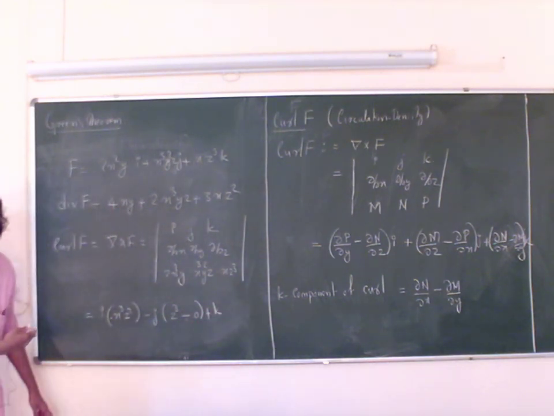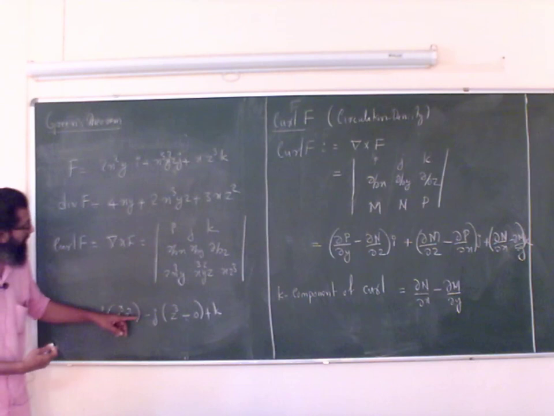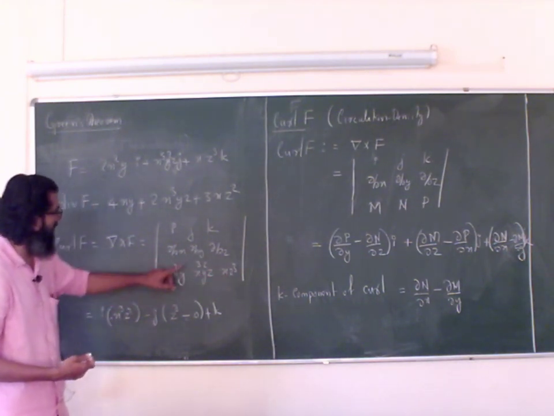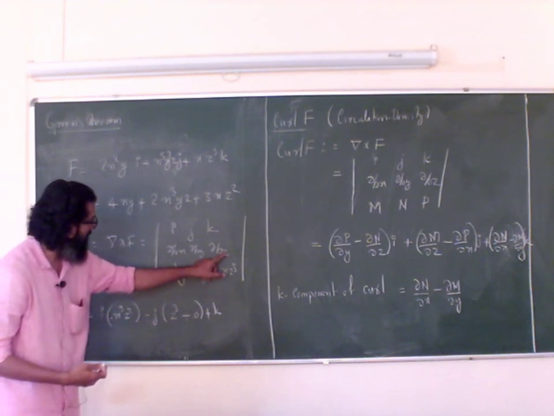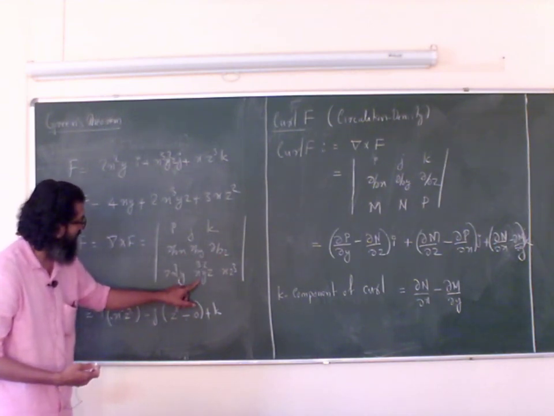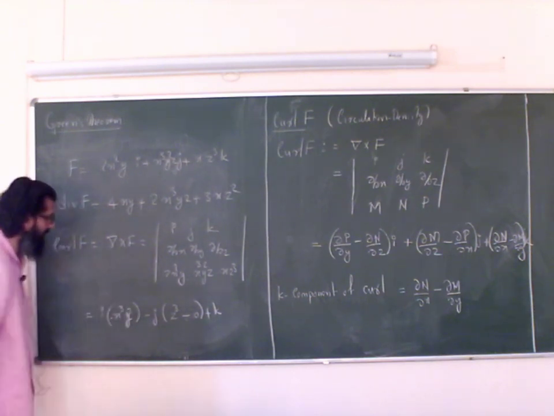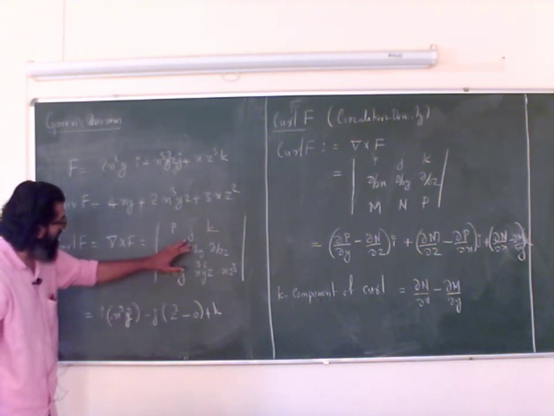Something is wrong. I'm sorry, yeah, this is 0 minus this one, it has to be x cube y square, sorry, this is x cube y square minus j times,